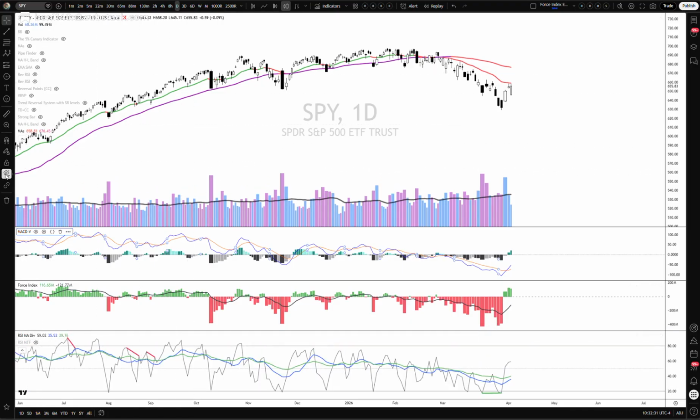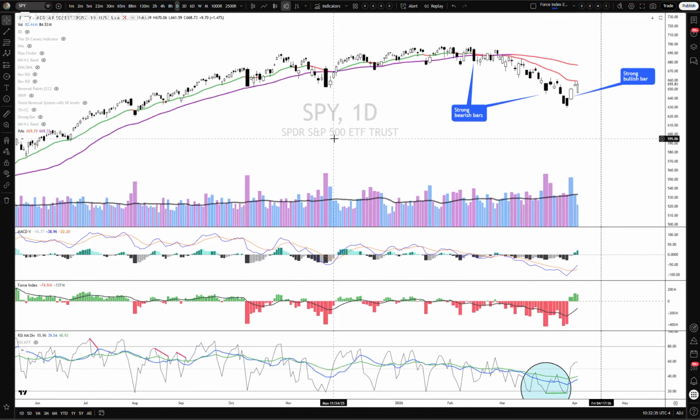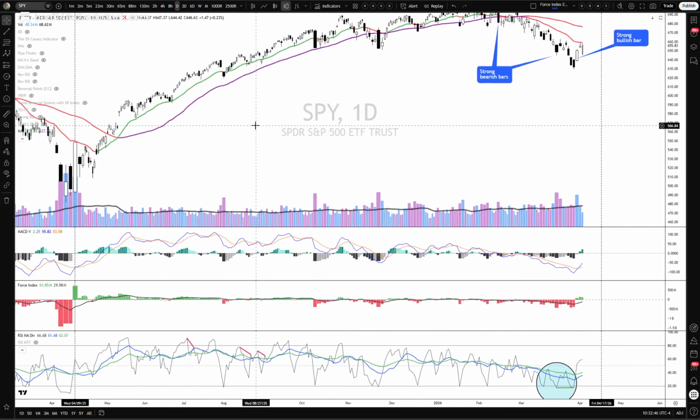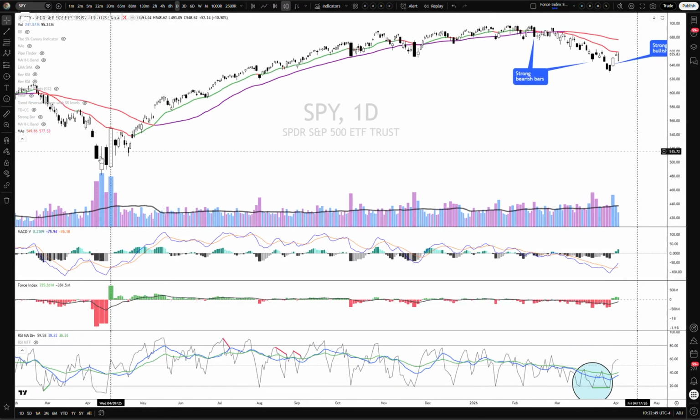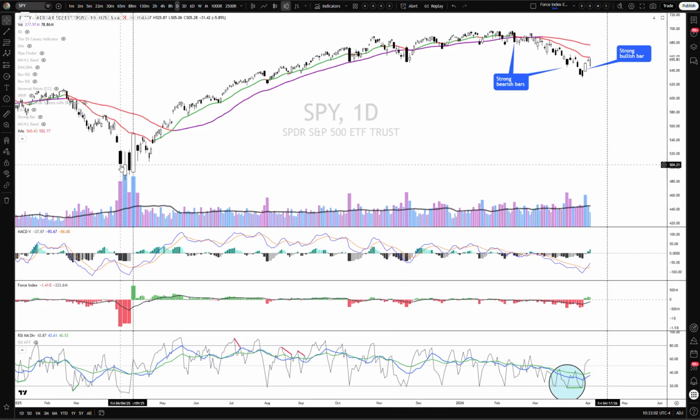So put the drawing tools back on. Another thing that I look for in trends, and we've talked about this in the Substack and some of the videos, is a concept of a strong bar against trend versus a strong bar in favor of trend. And so, as we had the reversal from the low last April, we had the most bullish bar in favor of trend, so going against the downtrend and establishing a new uptrend. This is like one of the most bullish bars that we've seen in the market in years,